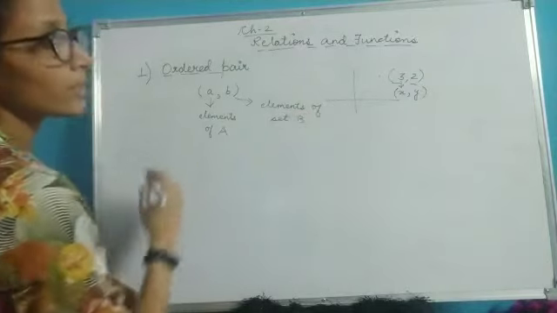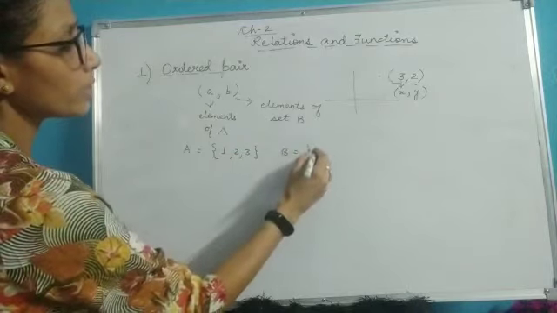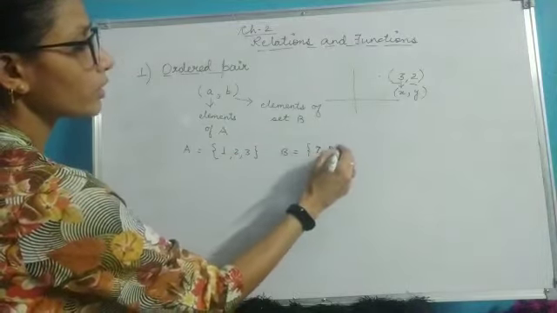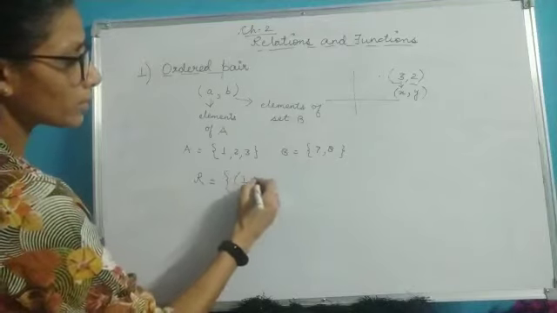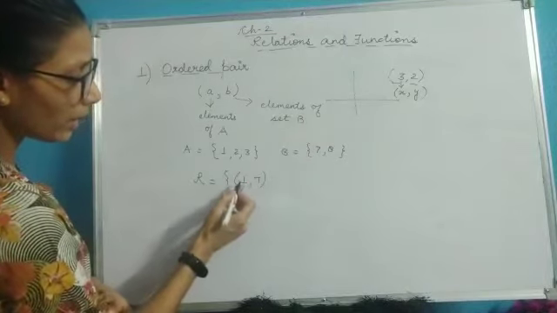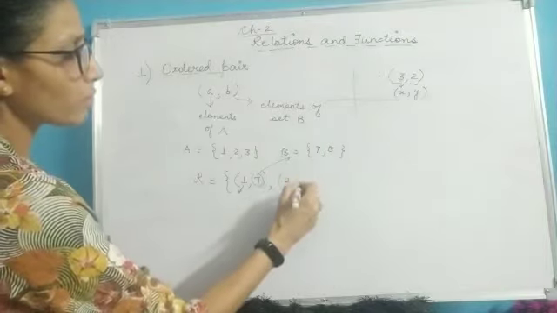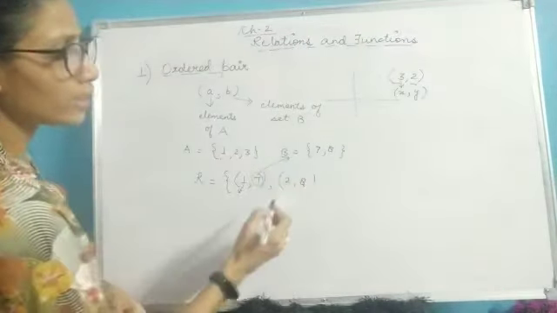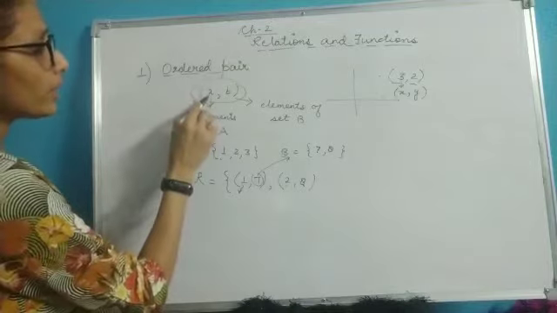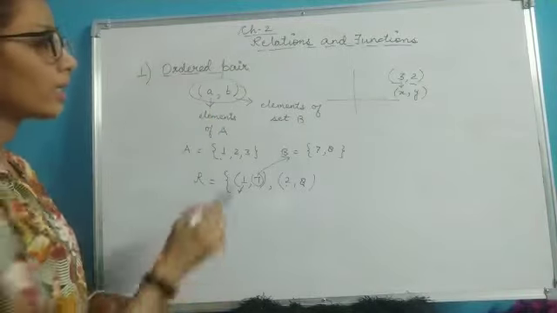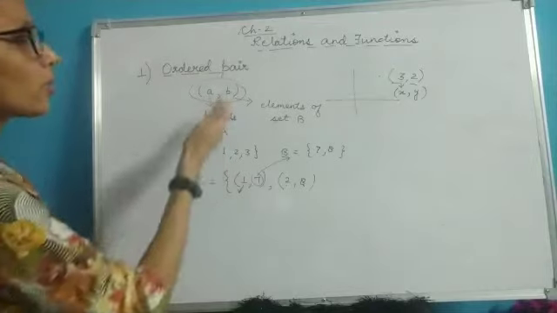set B. Say if A is given as {1, 2, 3} and B is given as {7, 8}, then if I am writing any relation as, say, (1, 7), that means this 1 represents the element of A, and this 7 is the element of B. If I write it like this, (2, 8), that means this is the element of A and the second one is the element of B. So (A, B) is your ordered pair in which A represents the element of first set A and B represents the element of set B, and this is a particular way of writing an ordered pair.